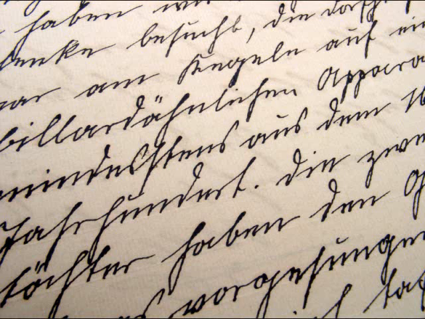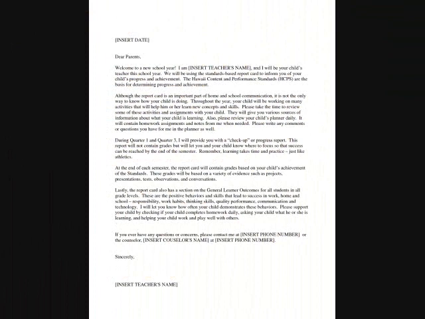Most times, the handwritten letters are used for individual letters discussing the educational or behavioral issues of a certain child. These are usually more personal. When a teacher types up a letter, it's usually a general letter addressing something to the entire class. This is printed out en masse and handed out to every student to take to their parent or guardian.